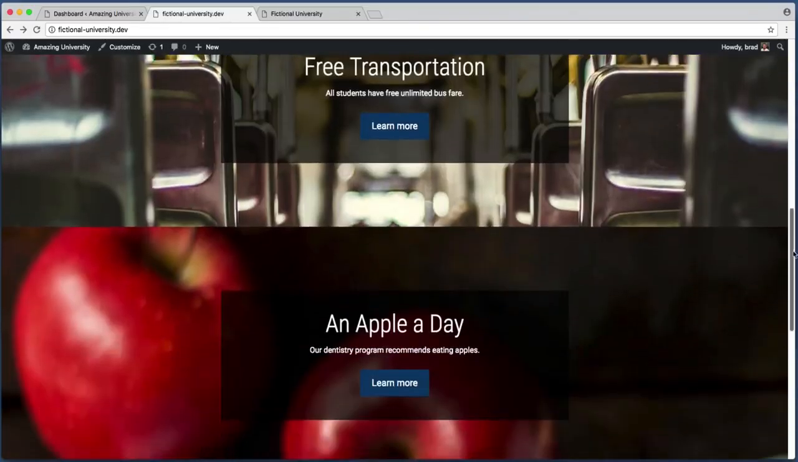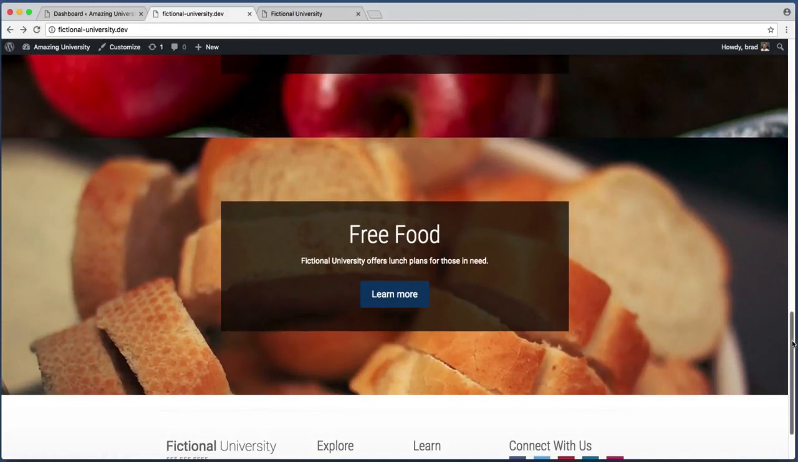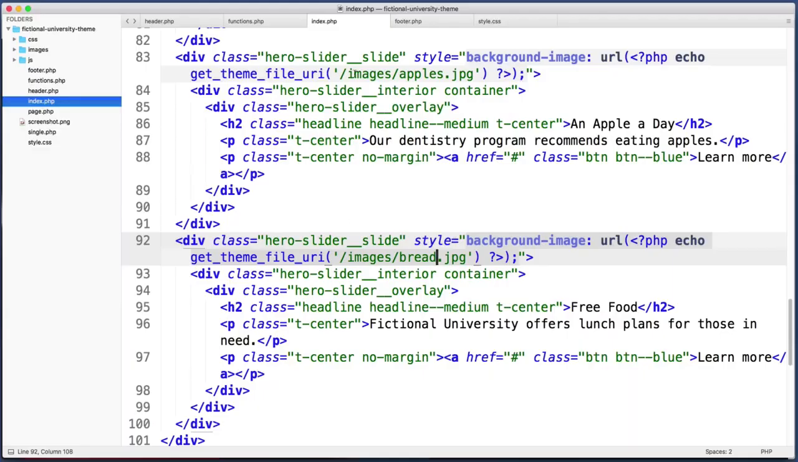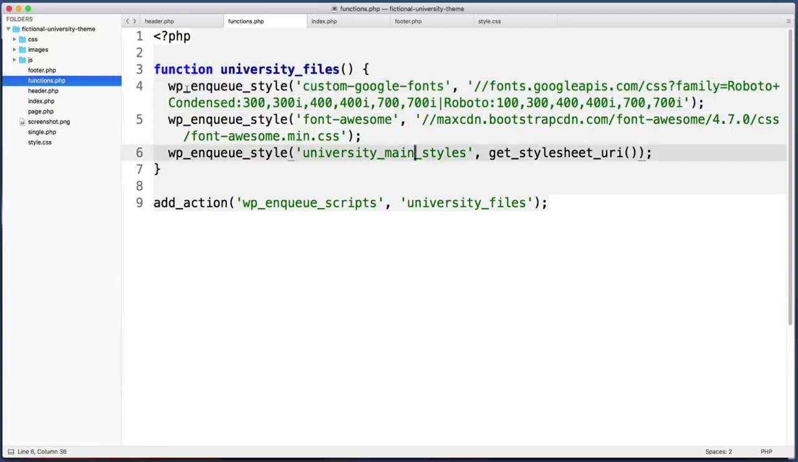The only problem now is that this section isn't cycling through the 3 slides. It's just showing all 3 slides stacked on top of each other. All we need to do to fix that is load a JavaScript file that handles the slideshow behavior. So back in our text editor, jump into our theme's functions.php file,